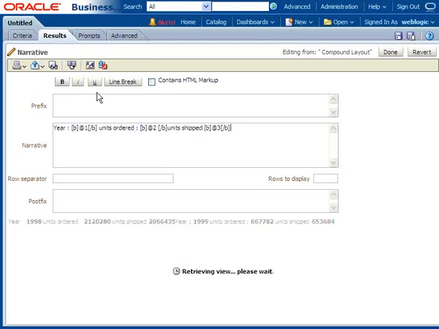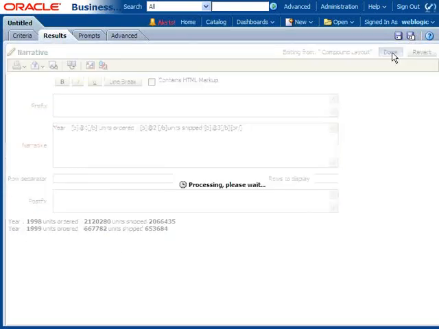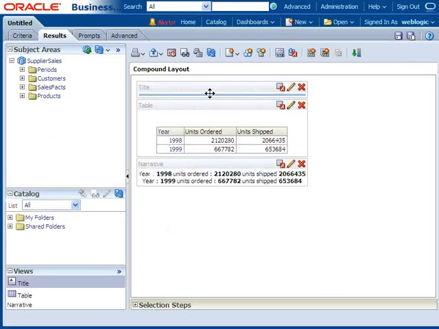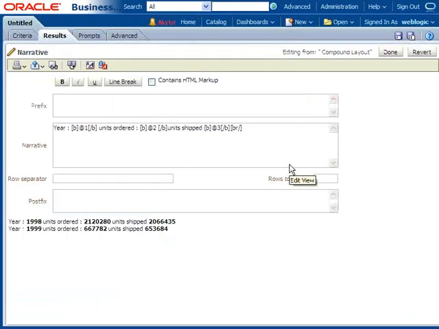Then you want to break the line, then go for line break. Then the line will be broken automatically. Click on done. Then what we have done here is, the regular reporting table we converted into one paragraph. If you are good in the HTML language,